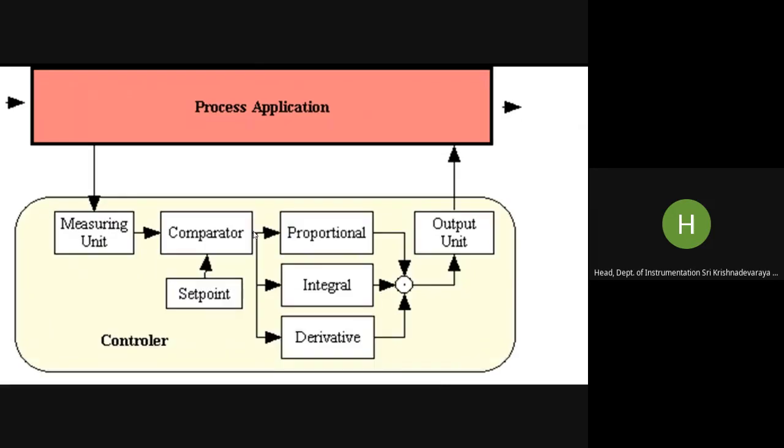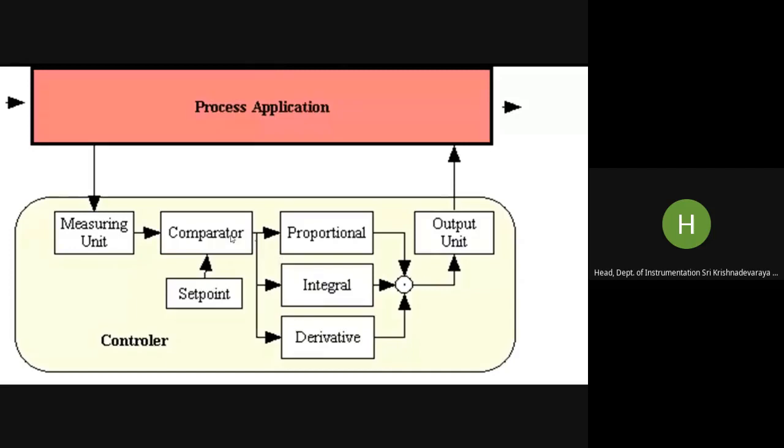And this is another one for a PID controller. So the application remains the same. Your set point is there. The only thing is how your error is processed, because your error is processed one way in the on-off controller, another way in a proportional controller or integral controller or derivative controller or a PID controller, all three put together, or a cascade control. You have a number of such controls.